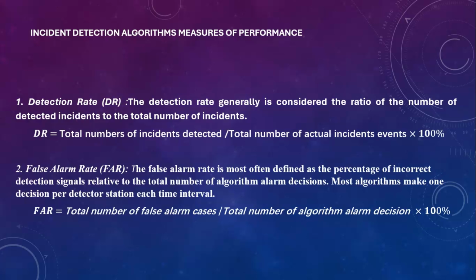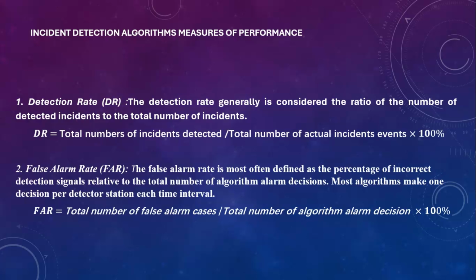Like we said, the detection rate is not the only important measure of performance, because there are some algorithms that might have a very high detection rate and still have a high false alarm rate, which is the second point. The second point, the false alarm rate, is the proportion of non-incident conditions that are incorrectly identified